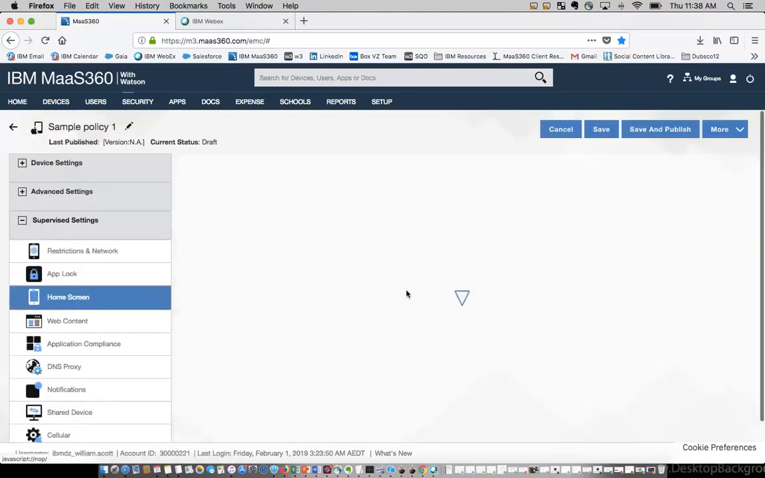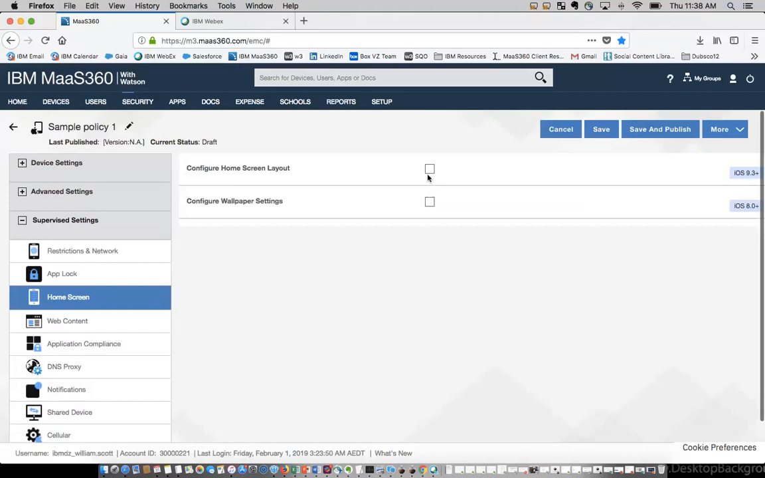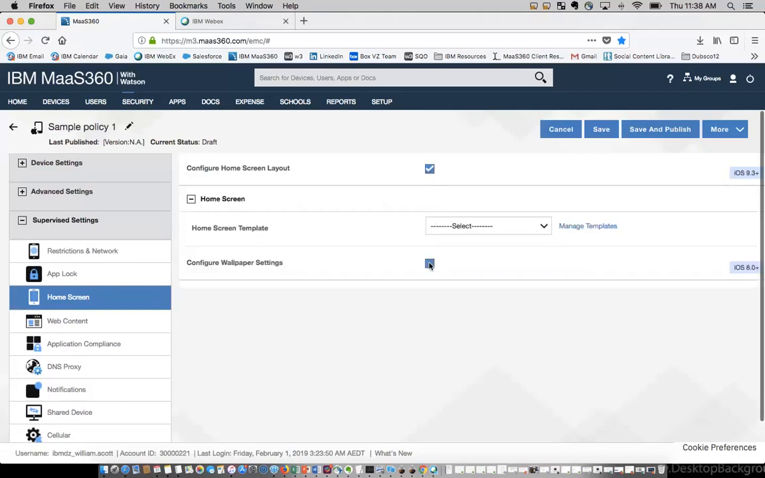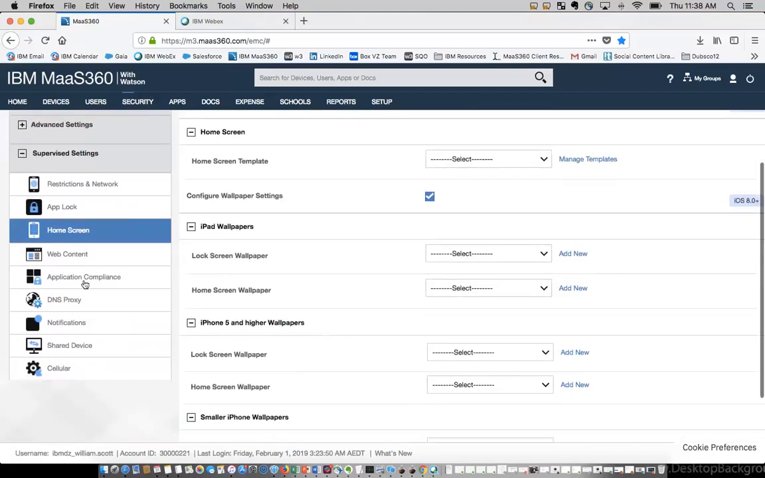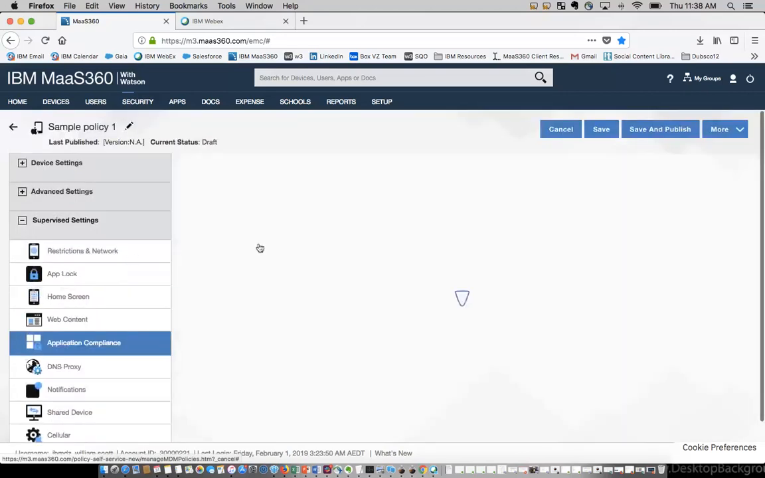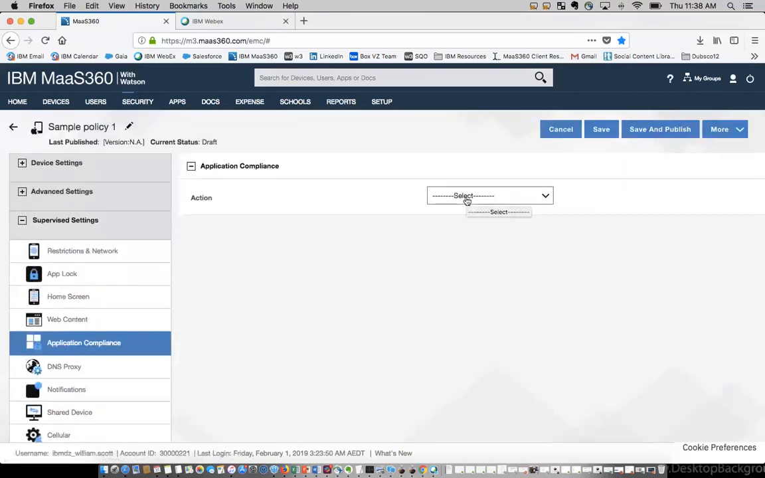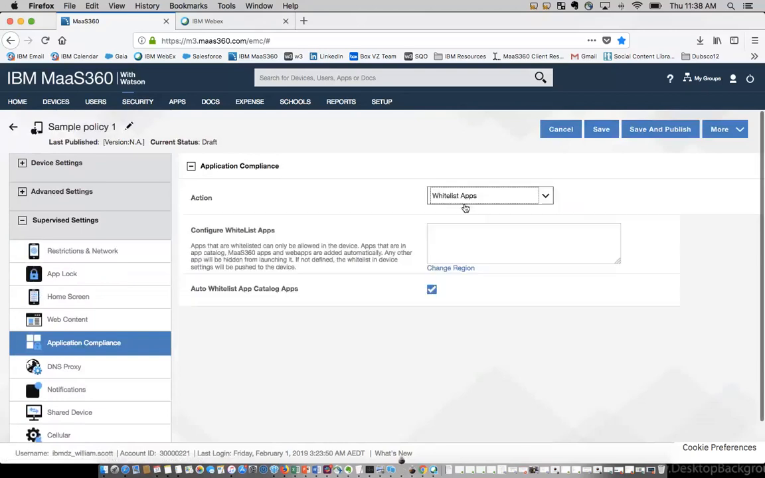Some other things you'll be able to do is push out home and lock settings. So if you want a more uniform look across your devices, maybe a company logo instead of a customized background by an employee, we can push out those settings. Application compliance will allow you to restrict or enforce certain applications. So the whitelist will offer you the ability to enforce applications. This is a list of apps that you want on the device,